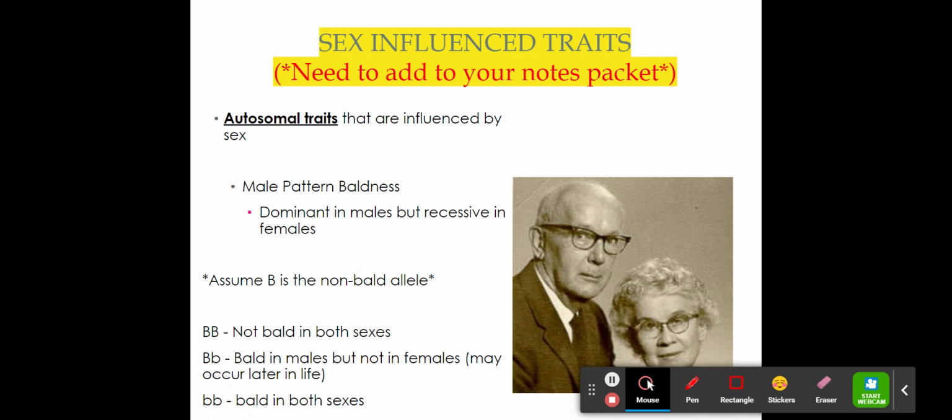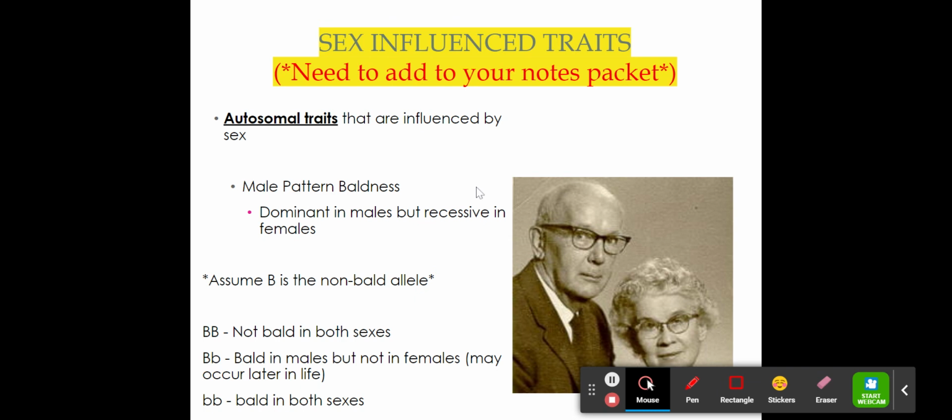So the male pattern baldness is dominant in males but recessive in females. This does not take place on the Y chromosome. This takes place elsewhere in the autosomes. So remember, those are our pairs or our matches 1 through 22. So they happen somewhere in the autosomal chromosomes, but it is influenced by sex because it is more dominant in